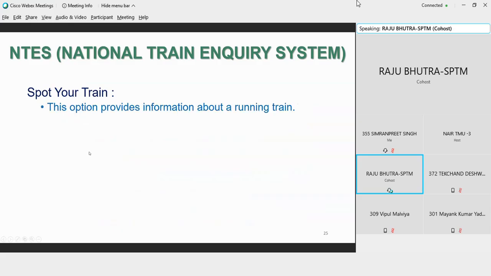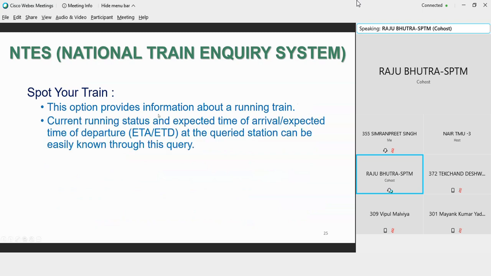This option provides information about a running train. So for any running train, if a passenger wants information about a specific train, then you can use this feature for your train. Current running status and expected time of arrival, expected time of departure, and the queried station can be easily known